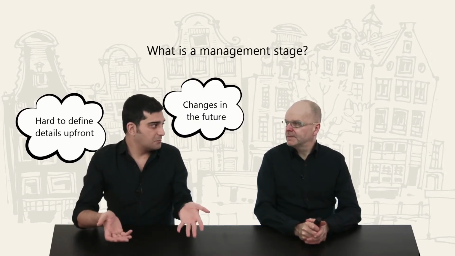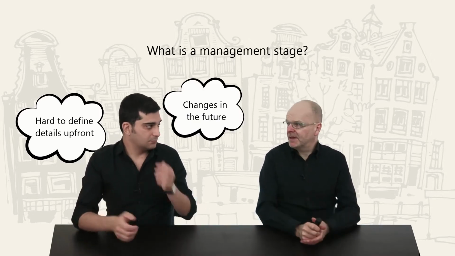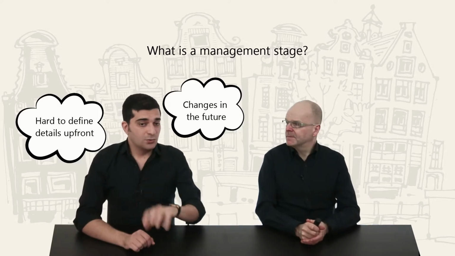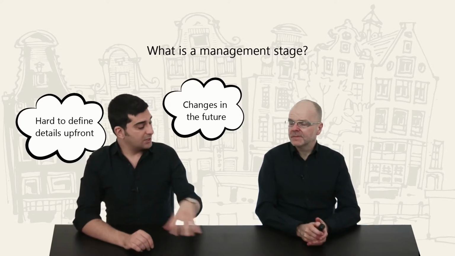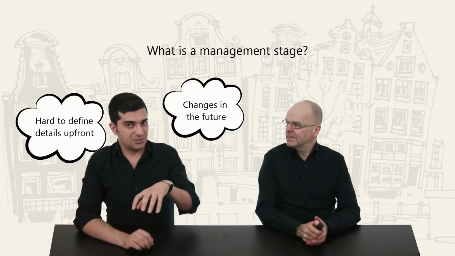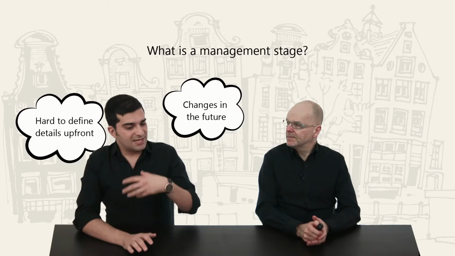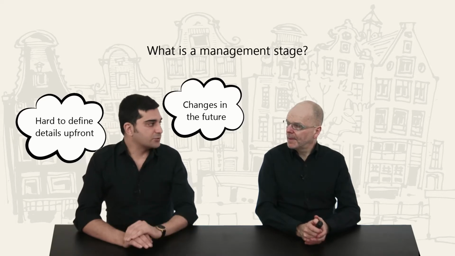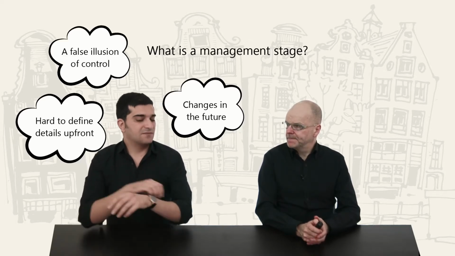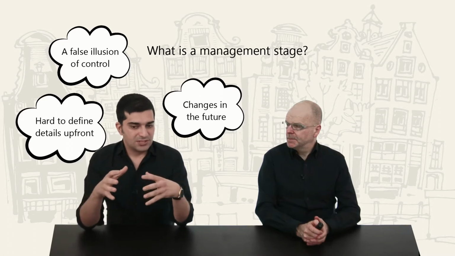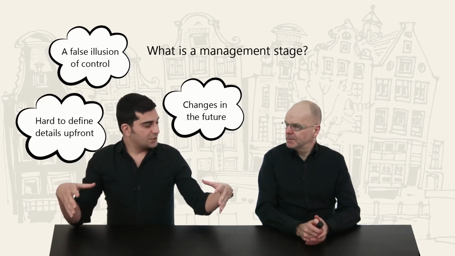Yes. Why should we do that? Lots of variables will change outside the project as well. So what we do may not be really useful, and on the other hand, because we do have all those details in that scenario, we will have a false illusion of control over the project. So instead of that, Prince2's approach is that we create a high-level plan for the whole project and then detail